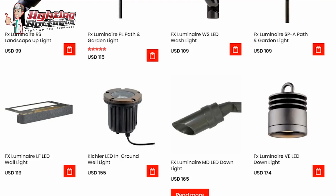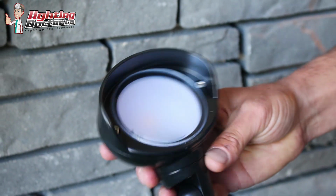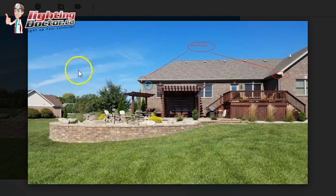I like that idea. I would probably try and use a light like this, so more of a wash light, which is a subtler light. It's a wider angle light. It's not as bright, as intense as some of these guys, which is just a standard accent light. But if you go and place that in front of, even if you just did two of these grasses, what I like about it is it casts some shadows back on the deck area here, and like you said, it'll give you a little bit of reflective light down on this area too. And it wouldn't be the worst thing if you did all three of these grasses with a light like that, because it's not super bright, it's not super overpowering, but it's a cool look because you create those